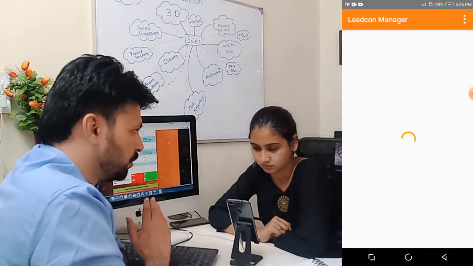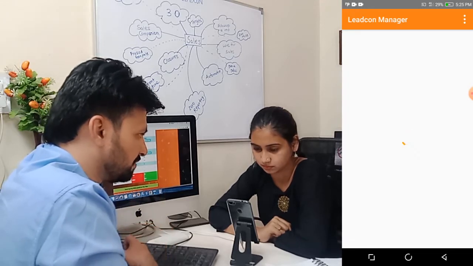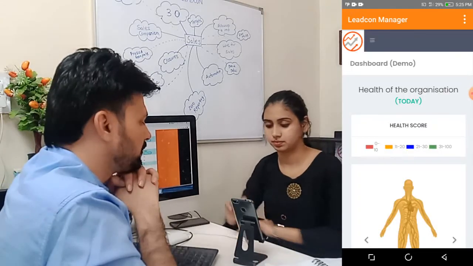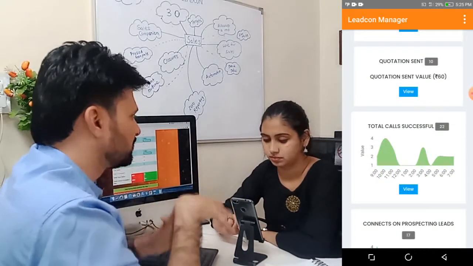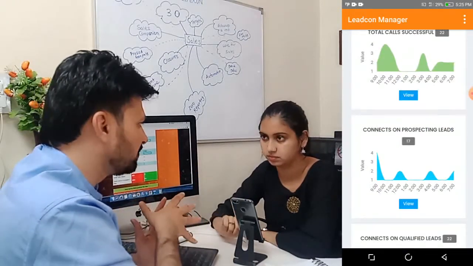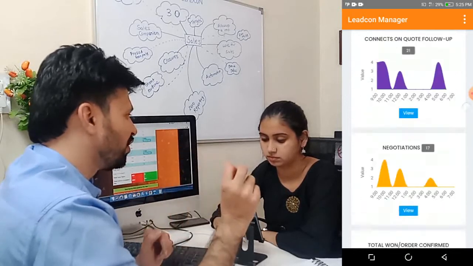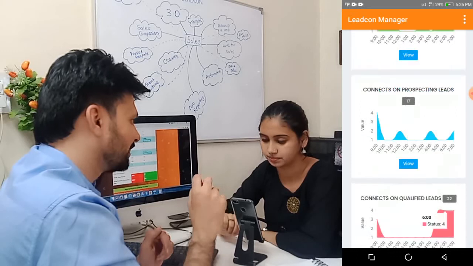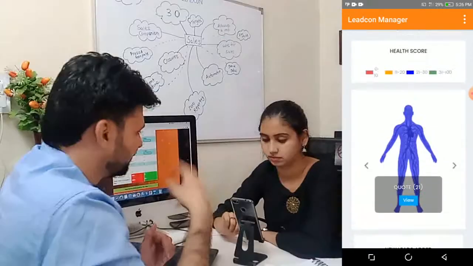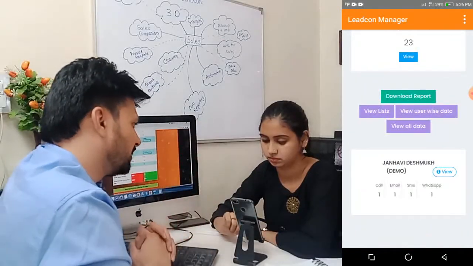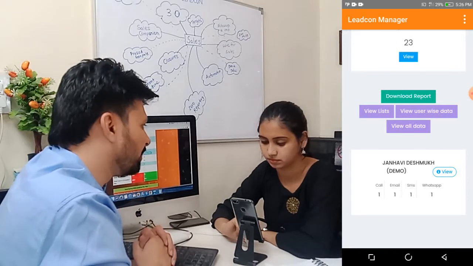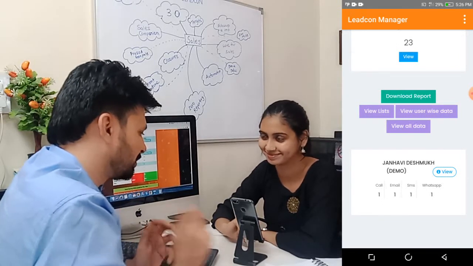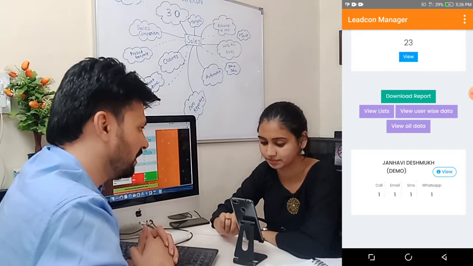The page will load and you should be able to see a certain set of things. Scroll up. Now these are the different essentials that we offer. We are the only company which says the health of the organization is dependent on the sales of the organization, and that's why we have color tagged it. Scroll up, go to the end of the page, and you can see your own name there. Next to it there is view. Click on that.